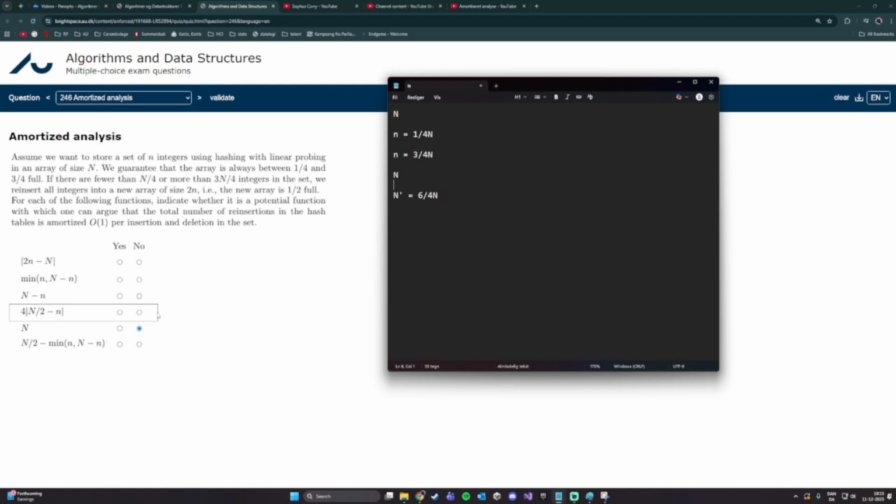That's a good start. We get some points just for saying some things are wrong. If we're not sure what's right, we can input the ones that we know are not right, and then we can at least get some points. Okay, we have also n minus n. Interesting. So I don't really remember the answers for this one, so I'm kind of doing it as we go. But let's say we have n minus n potential. So when we have the